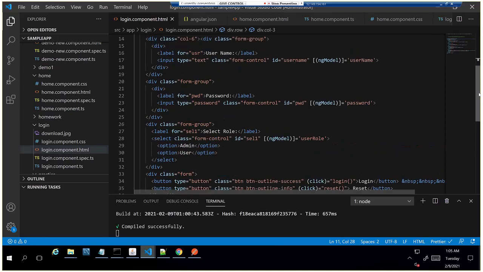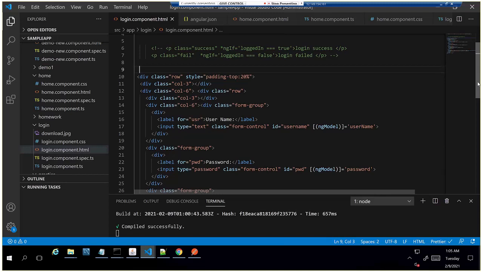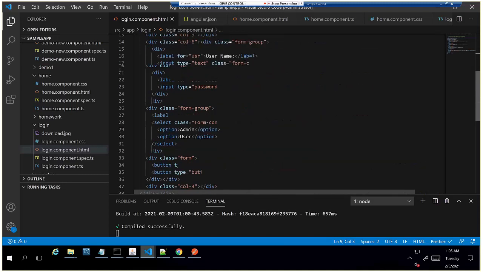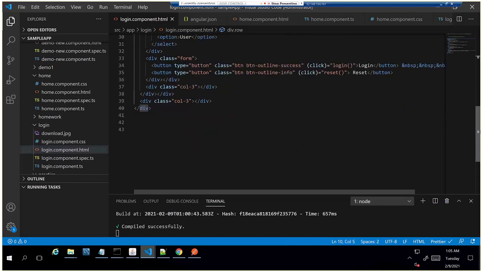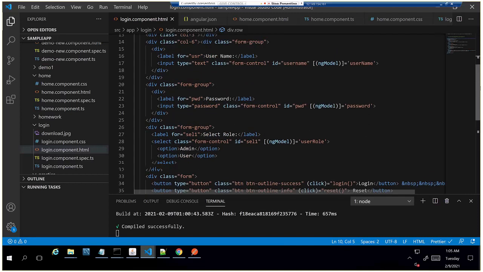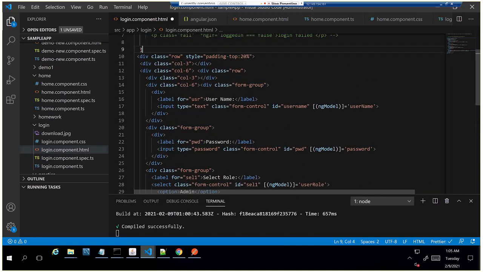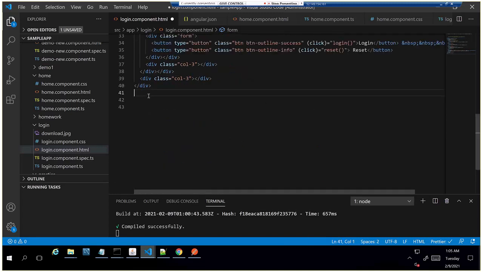Go ahead. Yeah. Now this is our login form actually. So from here till this is the row, and till here we have a login form. So what I'll do is I'll add a form on top of this login data. So I'll add a form here, and I'll close this form at the end of the page. So the whole login information is encapsulated in a form tag.